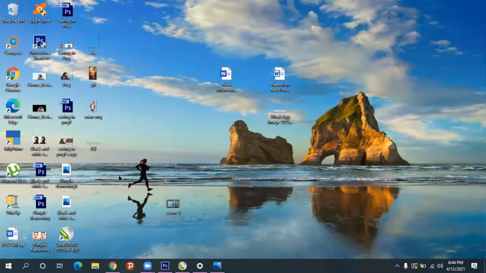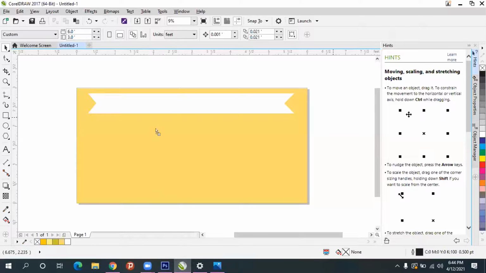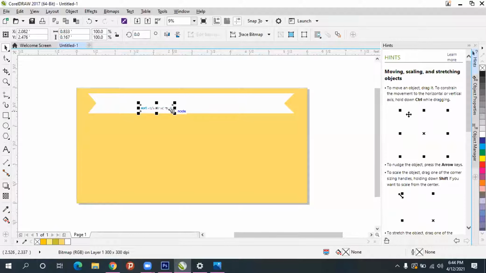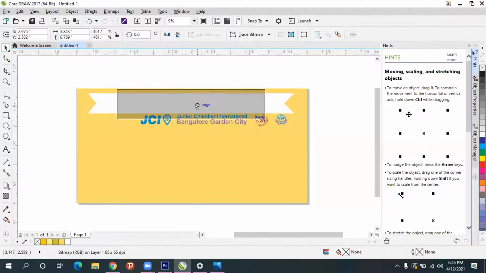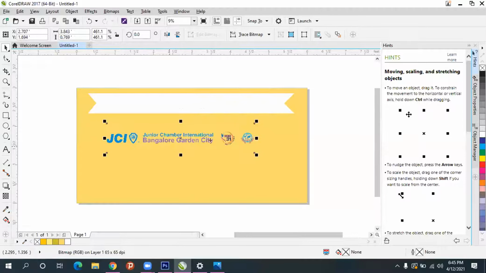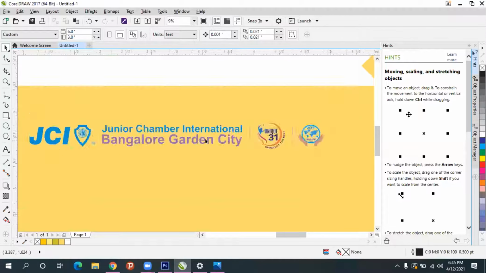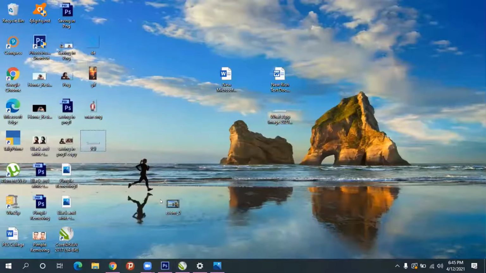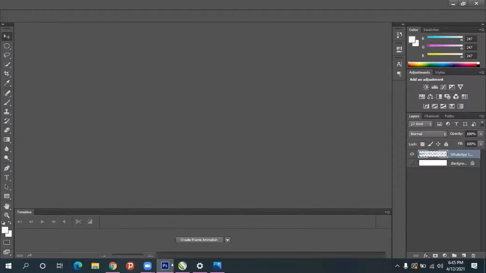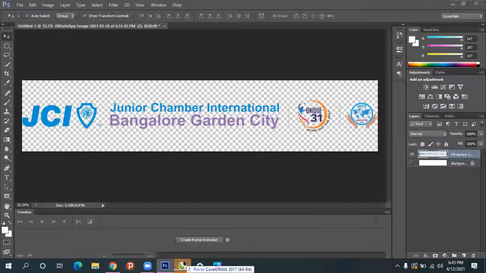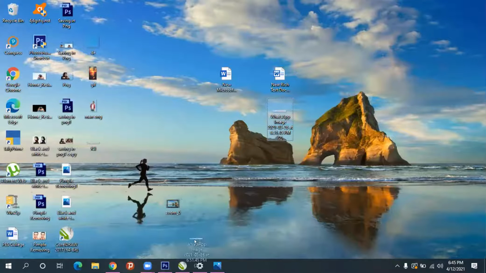Now go to desktop and bring that image, that JCI image, the PNG image we created, no? Just drag and drop it to CorelDRAW and increase the size and place it exactly. See, now we can place this image wherever you like because this is PNG. But if you take this image, which is downloaded from WhatsApp, that one you can't place. See, from WhatsApp,